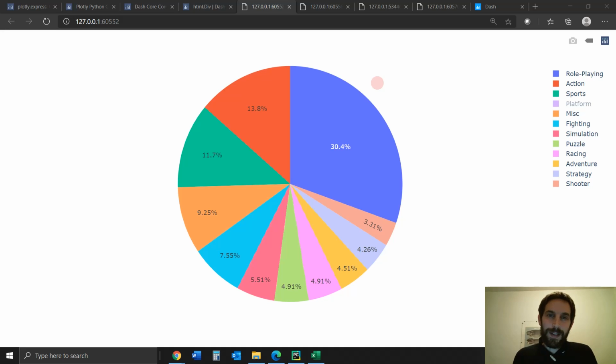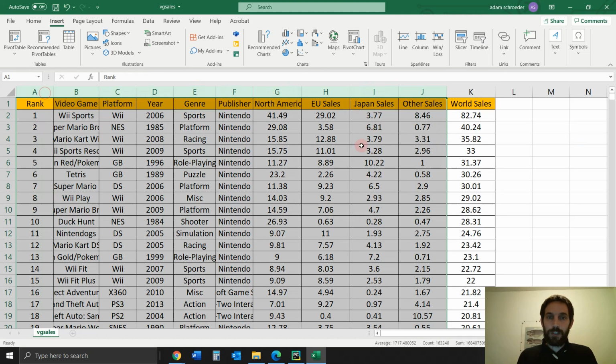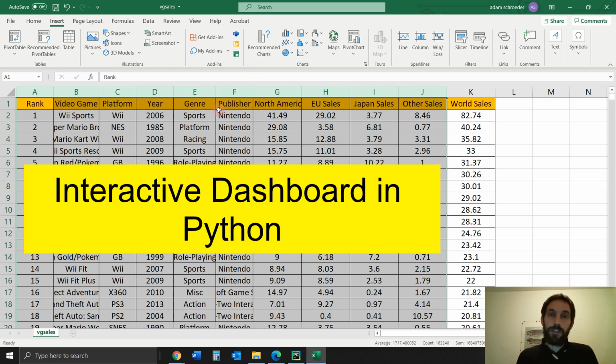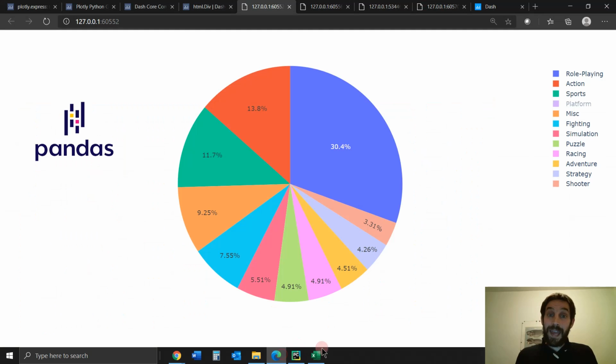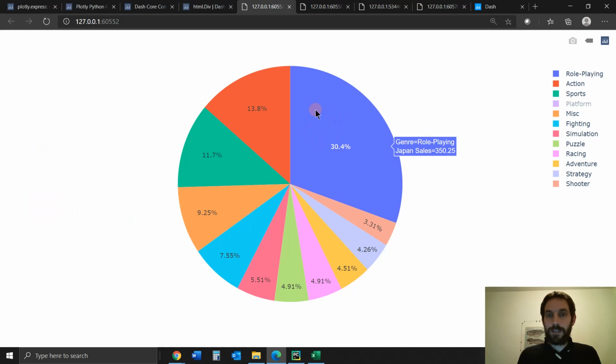We will learn all about analytic web apps in Python. So in this tutorial, I'm going to show you how to take a simple Excel sheet and build an interactive dashboard with this information. So we're going to take Pandas and Plotly, which are Python libraries, and we're going to build these pie charts where you can have slices and different